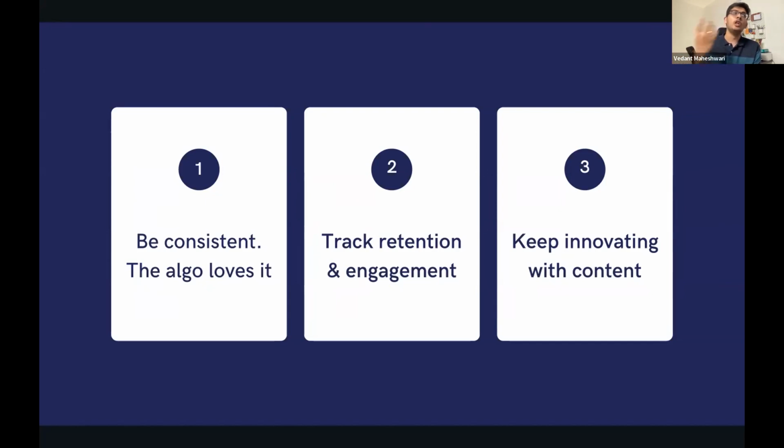And the third thing is key: you've got to keep innovating with the type of content that you're making, because audiences in today's day and age get bored very easily, right? They've got very short attention spans. They're going to get bored very easily with the content that you're creating. That doesn't mean that you're reinventing yourself every month, but it means that you maybe have a content bucket where you're experimenting and some content buckets that are stable. In your case, the same thing we did at Joe Stocks as well. So these are three key learnings that we understood over here at Joe Stocks when it comes to dealing with the algorithm and best practices for content.